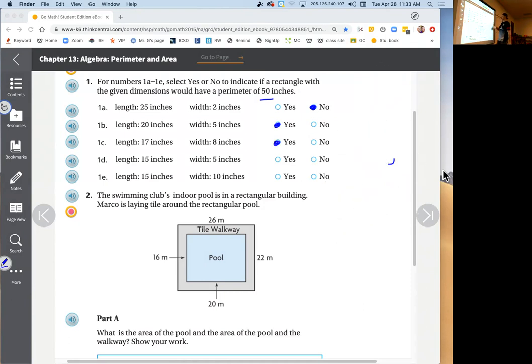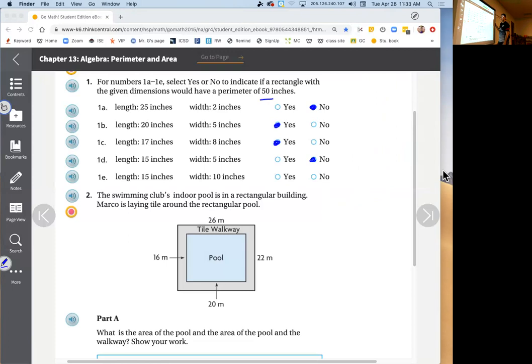Okay, next one. We got a 15 and a 5. Draw the picture, pause. Okay, here we go. 15 and 5. So 15 and 15 is 30, plus 5 and 5 is 10. That one does not work. That one's only 40. Okay, hurry and do number